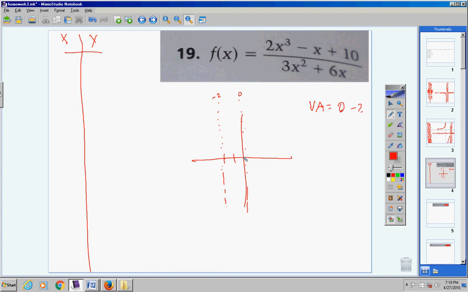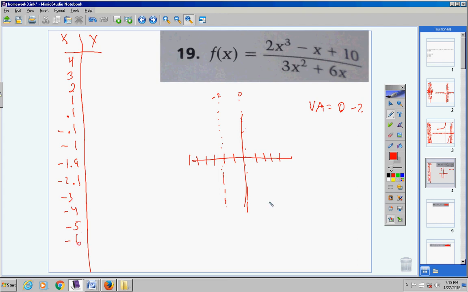First of all, I'm going to go to the right of this 0: 1, 2, 3, 4. So I'm going to put in 4, 3, 2, 1. Then I'm going to get real close to this, so 0.1. Then go barely past it, negative 0.1. And then negative 1 for this number here. They get real close to negative 2, so negative 1.9. Then barely go past negative 2, negative 2.1. And then we'll go negative 3, negative 4, negative 5,